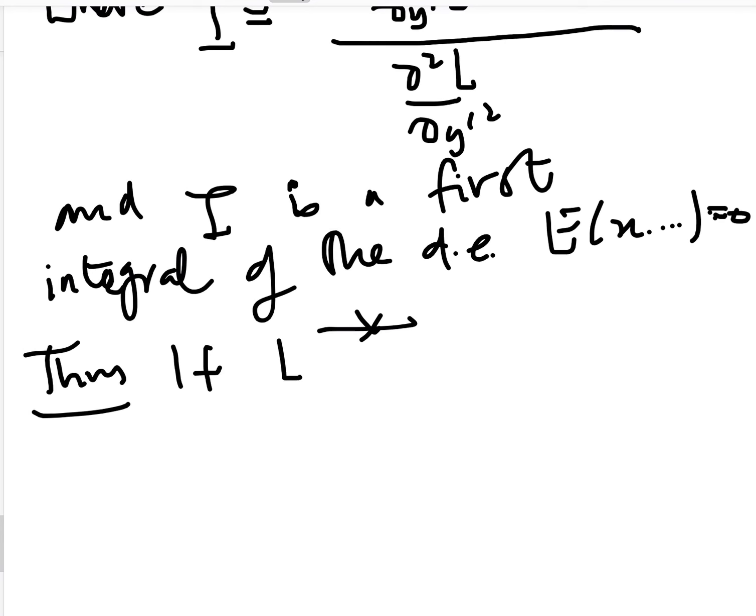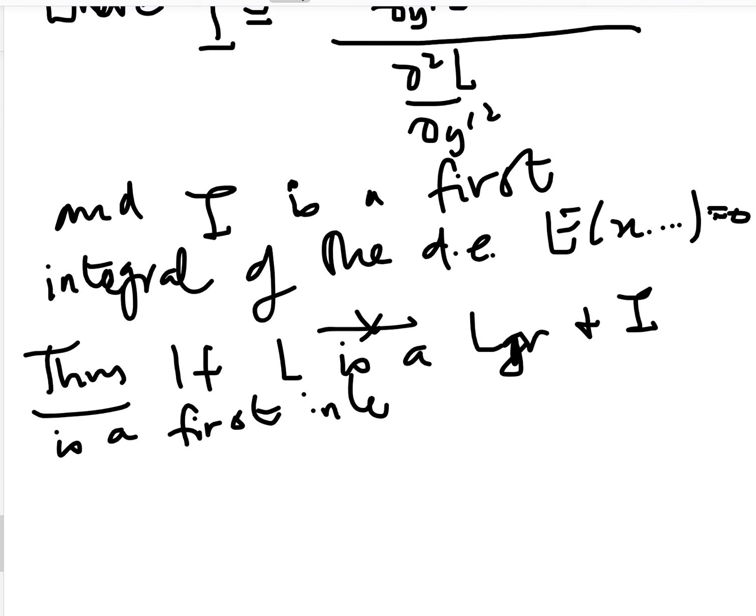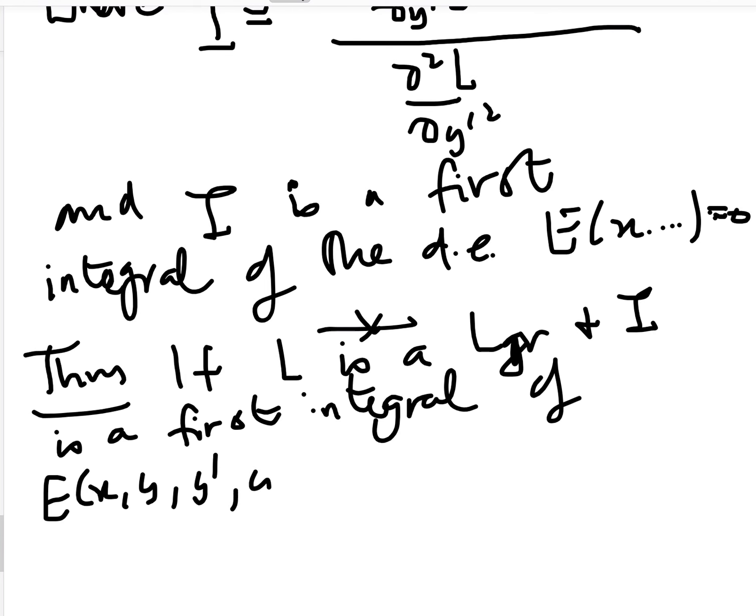So in this case, if L is a Lagrangian of a differential equation and I is a first integral, that means you have a conservation law of some equation, let's say the differential equation E of x, y dash, y double dash equal to 0, then